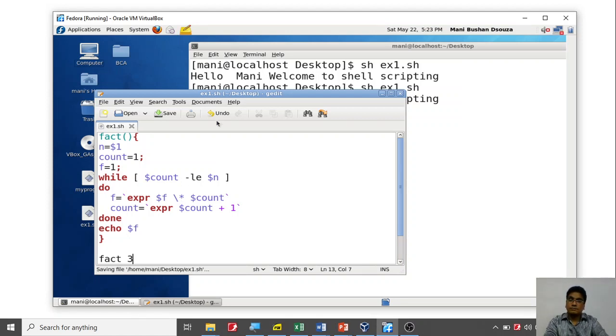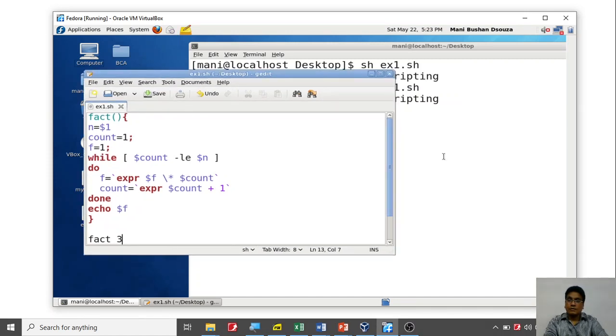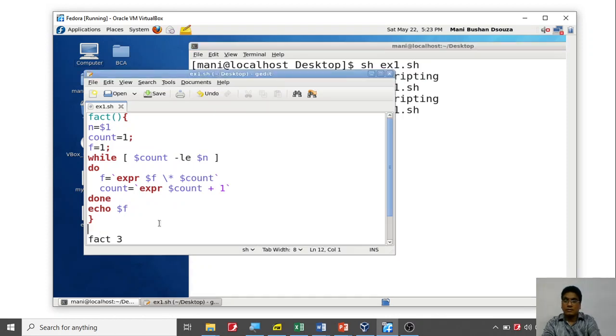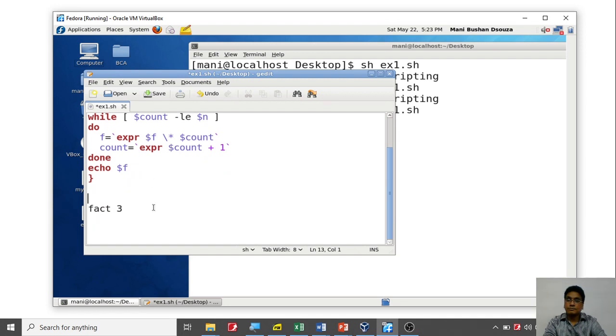Let's run it and let's see what is the value. So I'm going to run this now. Okay, 6. Hope you get that thing. Now if you want, I will make it a slightly more beautiful way. Okay, so how do I say that? Echo,